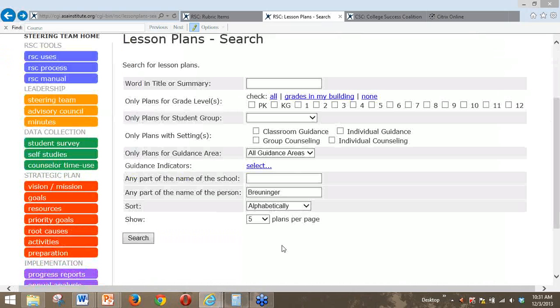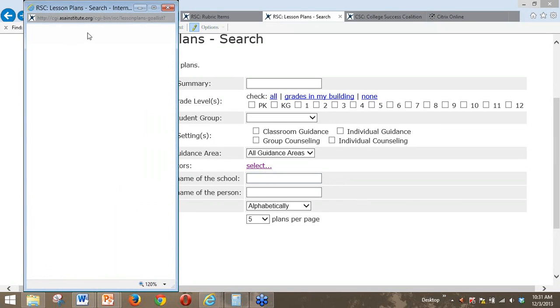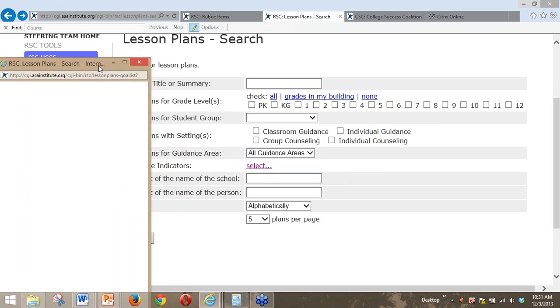One other thing that you might find interesting: some schools want to make sure that they have met all of the guidance indicators for either ASCA RAMP or Indiana Gold Star. In fact, for the Indiana Gold Star Award, you're required to meet all of the indicators. But let's say that for one of the indicators, I don't have any idea what I'm going to do to address it. When I do that, I can click Select on the guidance indicators,